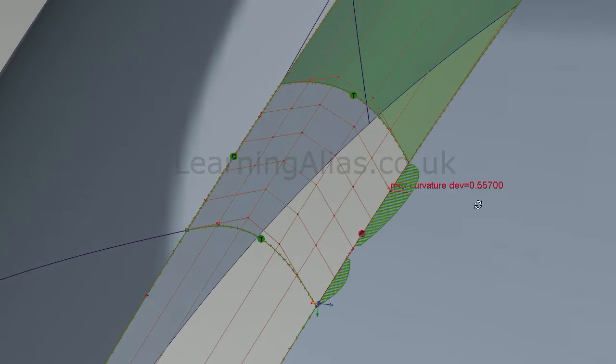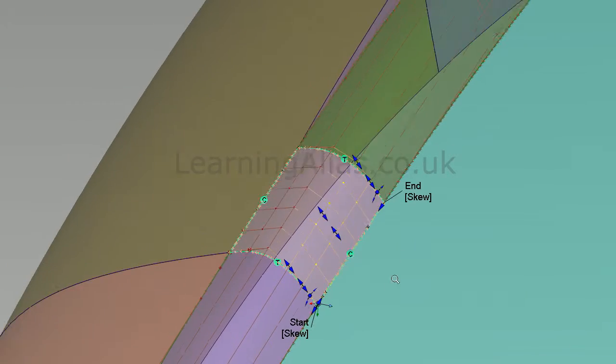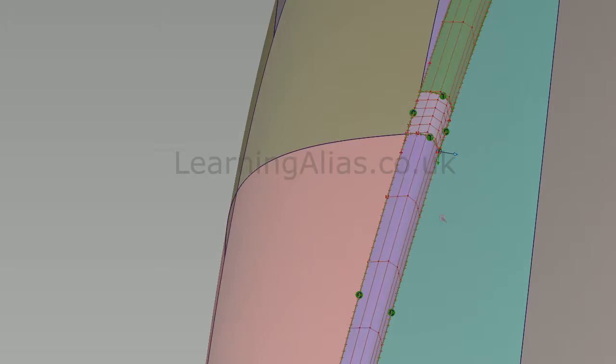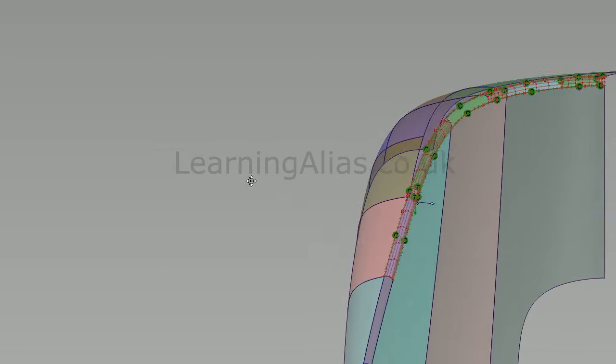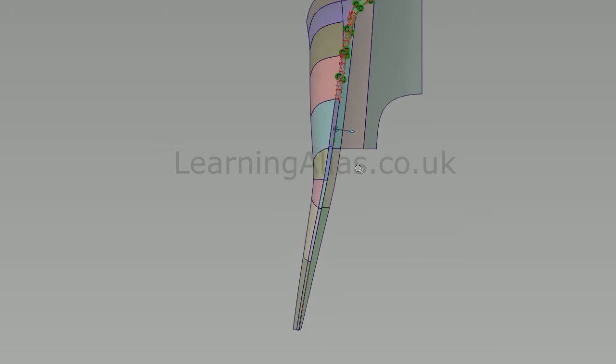And at this point, delete the history of all the surfaces as well. And then align to G2 continuity, the surface boundary, and you can see we achieve curvature. So that's the worst of the problems fixed. I think we'll just